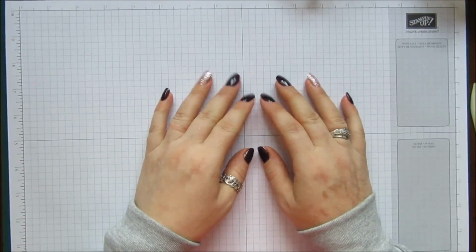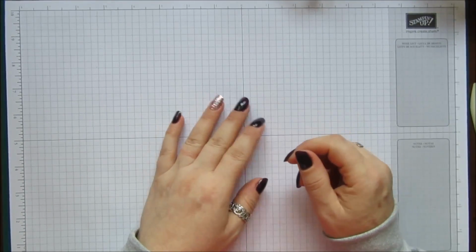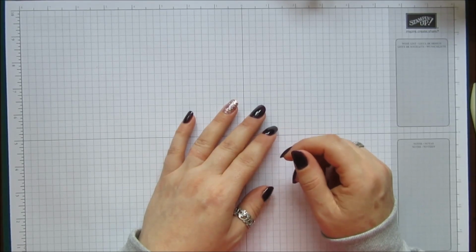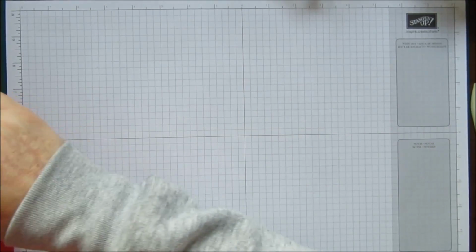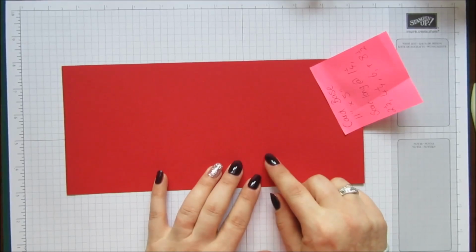So today we're going to do, well, I suppose I'm calling it a fancy fold card. I don't actually know what you really call them. I have seen a couple of pictures of them on Pinterest, but I didn't find any instructions, so the instructions and measurements are mine. Right, I'm going to use Real Red, and the base needs to measure